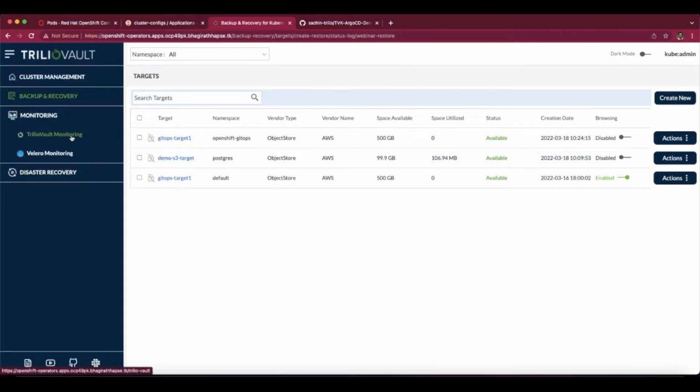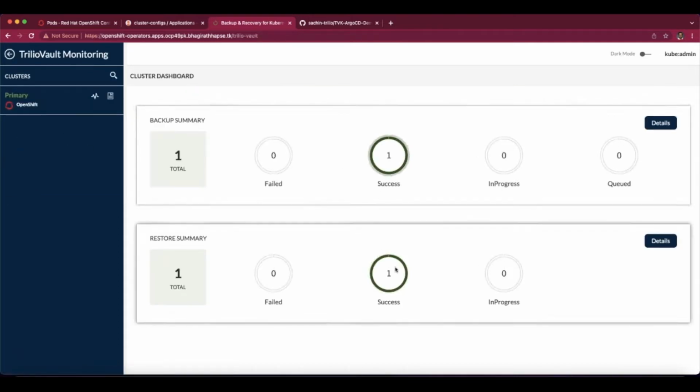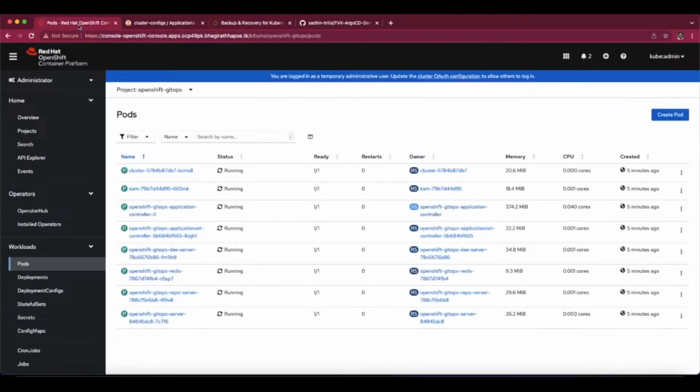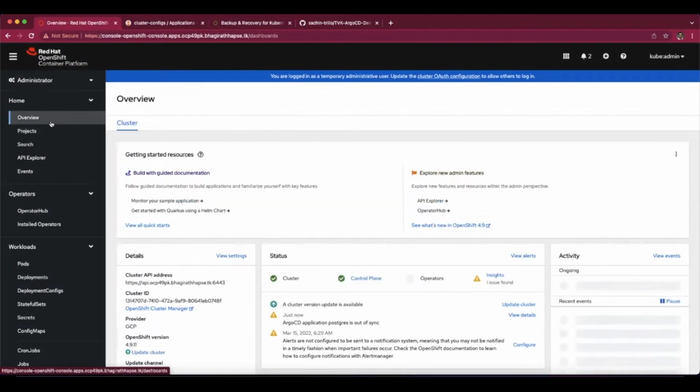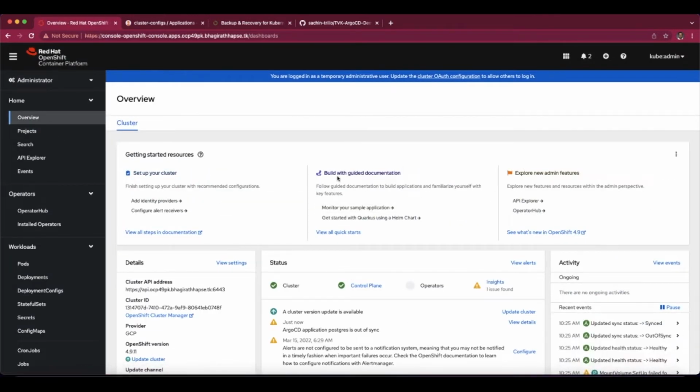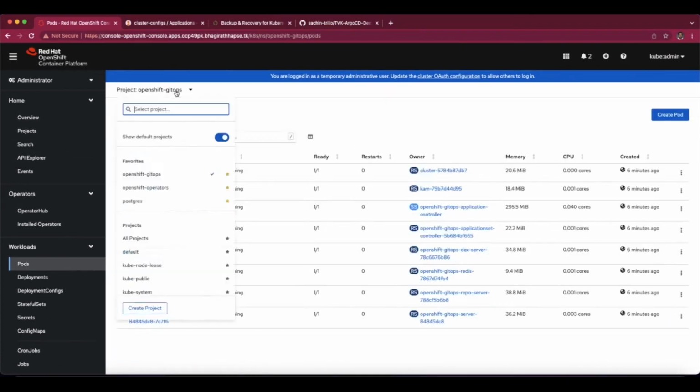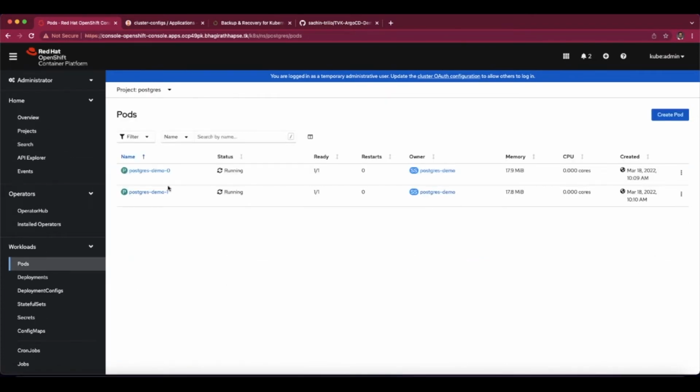From a monitoring perspective, we can see the environment is looking clean. One backup, one restore, exactly what we perform. On the OpenShift side as well, everything is looking fine again. Our Postgres application is still protected. It's still running over here, and as we had said,